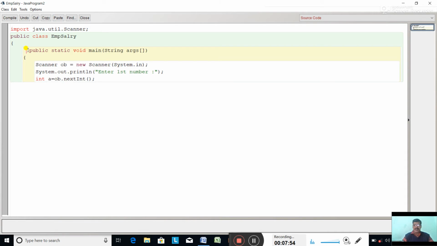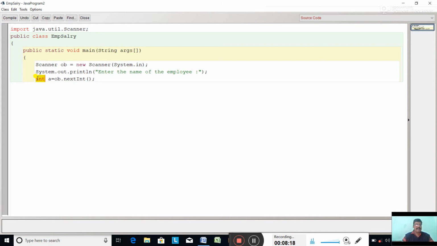Now first what we have to input? Name. Then enter the name of the employee. System.out.println("Enter the name of the employee"). And after name we have to input the basic salary.